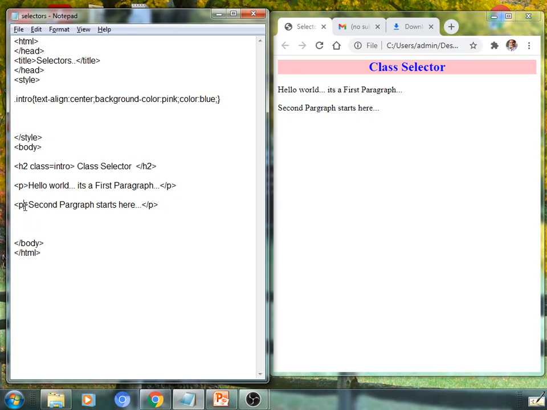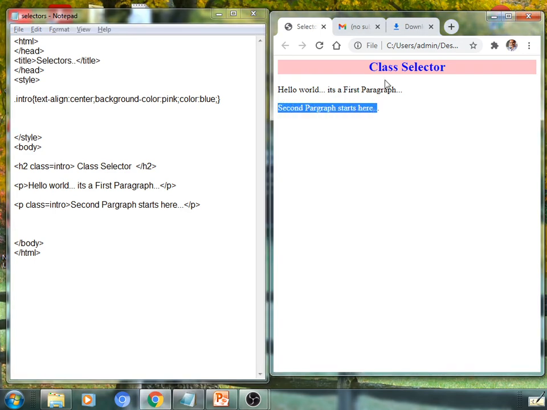Suppose you want to apply it here, it will be applicable here. Suppose class equal to intro, such effect will be applicable on this sentence also. Means this content will be displayed in blue color at center, as well as having a pink background color.